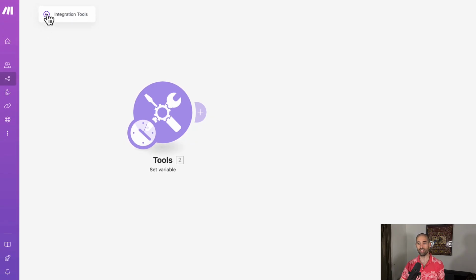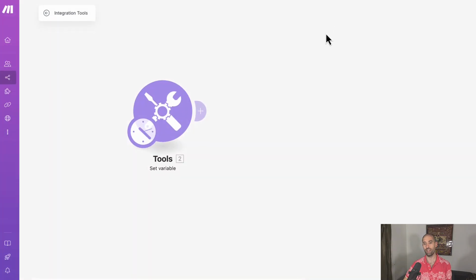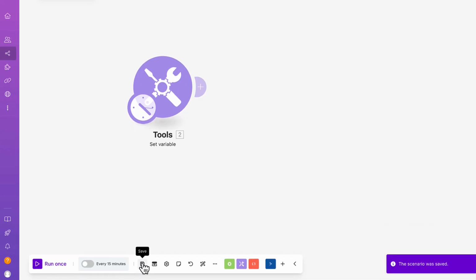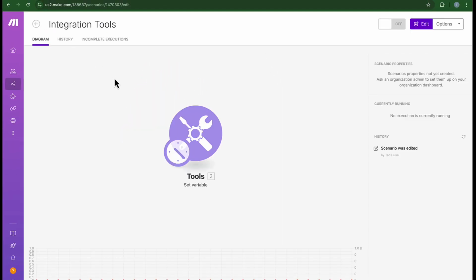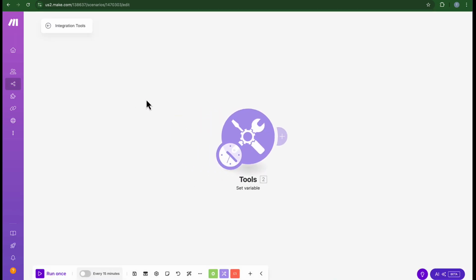In order to save your changes on the level of the automation, you have to do another save. So if you back out of this, you'll see we're getting a warning that asks us if we want to save our changes. Let me close that and show you another way how to save. This button here, you can click. That will also save. You can do Command S. And now you back out, or refresh your page. You'll have your changes saved. So refresh,